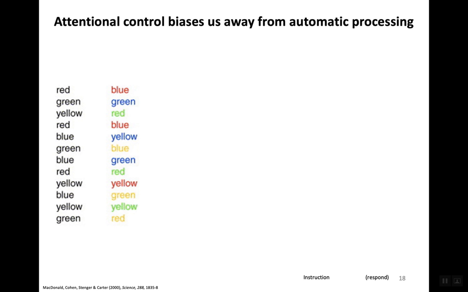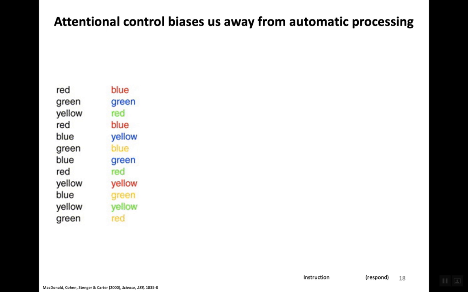So reading tends to be automatic in the sense that the processing of the shape of the letters and the words is something that happens very quickly, very efficiently, and most of the time without awareness. And this is exactly what the Stroop task takes advantage of. So for those of you who do not remember or have not encountered the Stroop task in your introduction to psychology